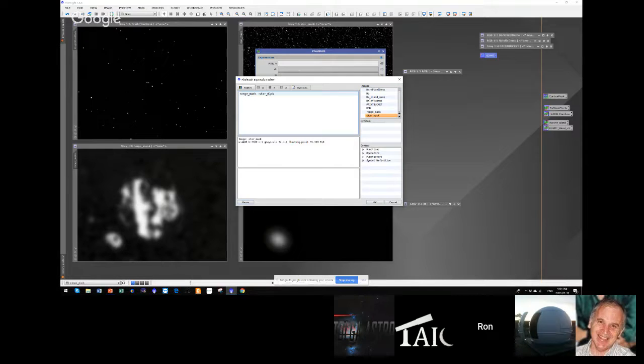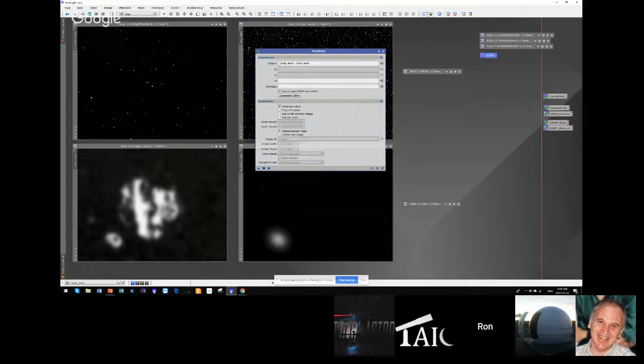Once I've put in any expression here, I can parse it to see if it throws an error. In this case, everything looks good. No colors, warnings, nothing telling me that I need to fix something. So I can close the expression editor, and you see the expression that I wrote here is